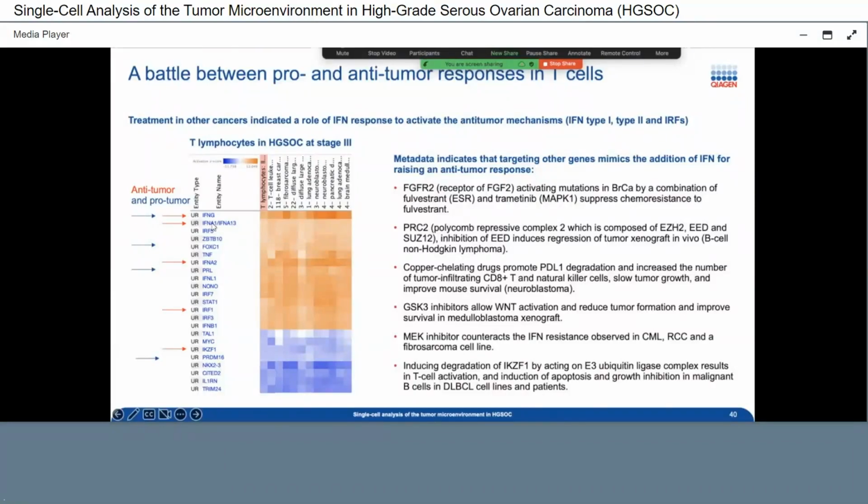The interferon type 1 here, as you can see, and IRF1 are very anti-tumor in general. But you see in the same heat map, FOXC1 and prolactin and PRDM5, which is at the same time activated or inhibited, are promoting the pro-tumor environment. It's a very complex system. But what I wanted to show you here is that with IPA and Explorer, you can have an overview of everything that can be very useful to understand and bring new hypotheses in context.